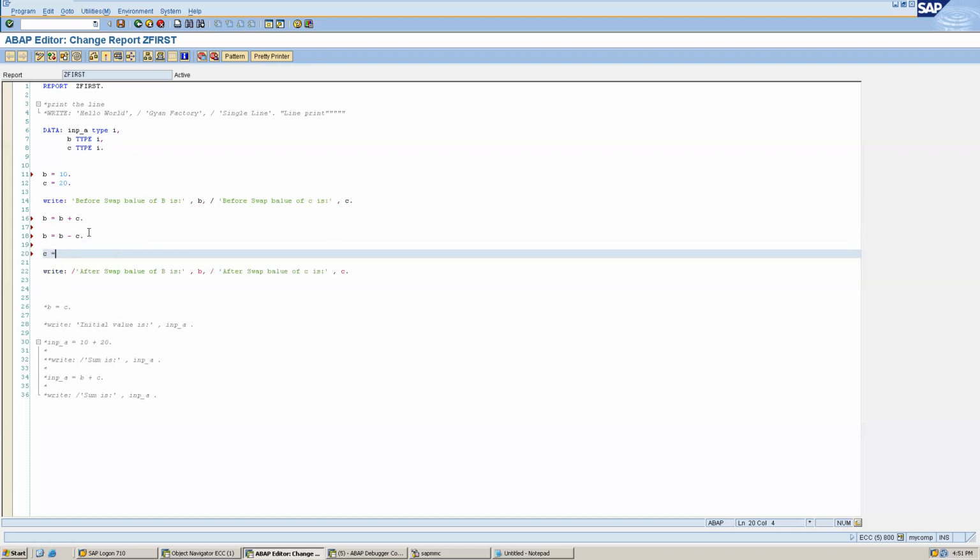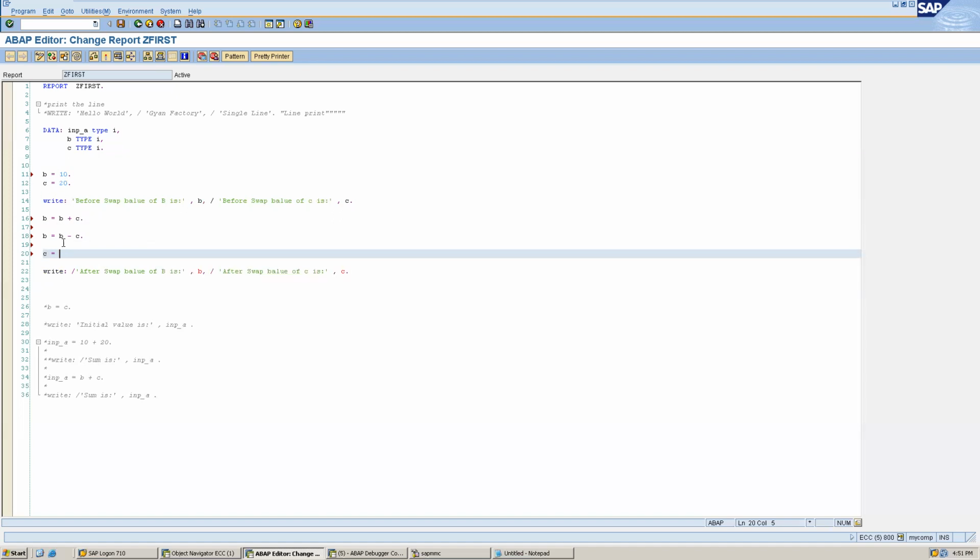If I write C equals, and now what value do we have in B? B is 20, for example. And this logic should work for all values, not just for 10 or 20. That was another condition, so we have to test that also.